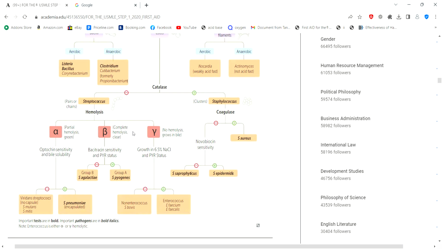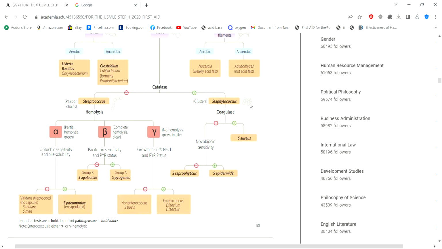Yes. And now Enterococcus: E. faecium and E. faecalis both grow in 6.5 percent NaCl, and they are PYR positive. Okay, now we're done with the hemolysis. All right, now next,